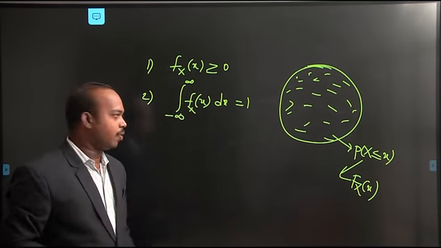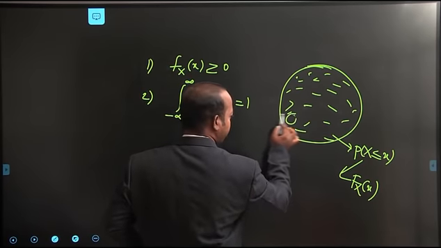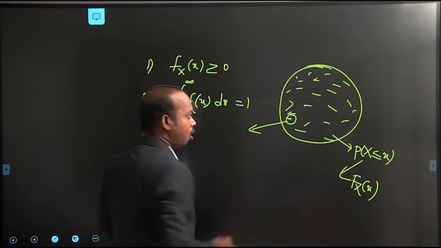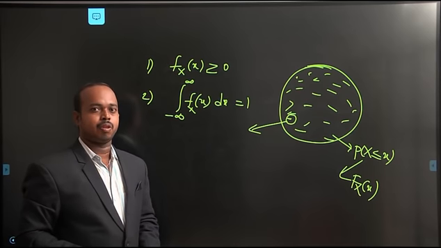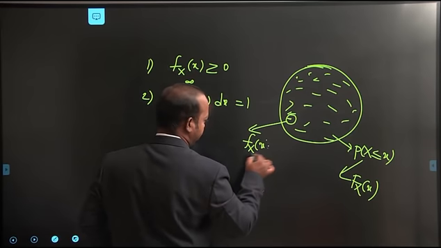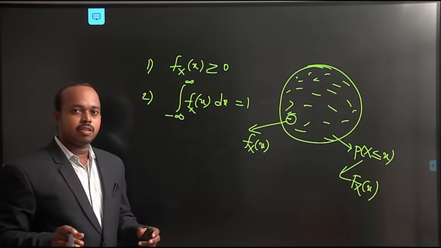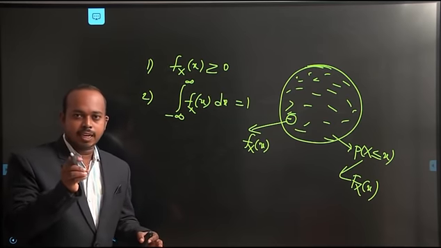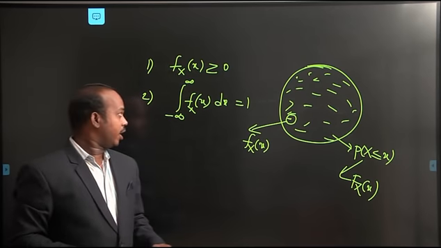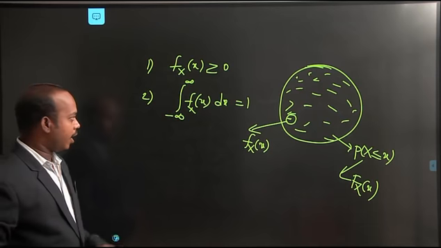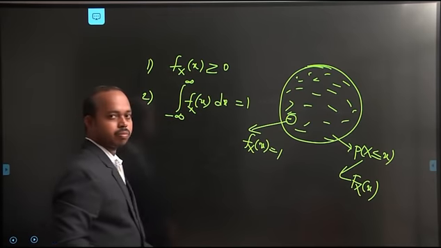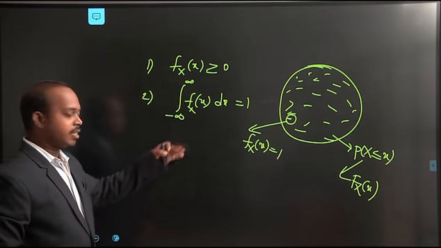Here, if you are finding the density function, we take some quantity of area. I am taking this much of area. How many elements can be lying there? Those elements can be found using the density function, f_X(x). The density function gives the quantity of elements in a certain area of a distribution. According to this property, the elements lying in the whole area must be equal to 1. This is the second property.